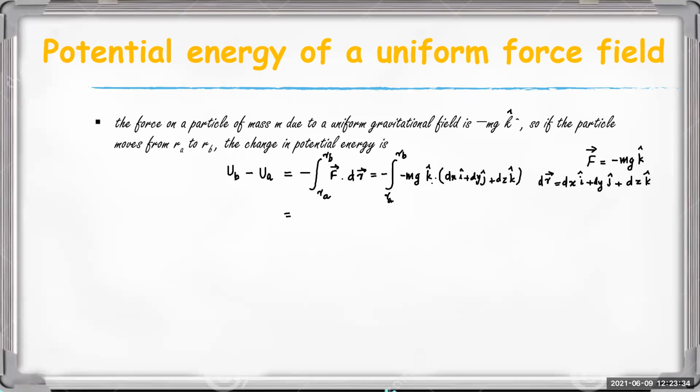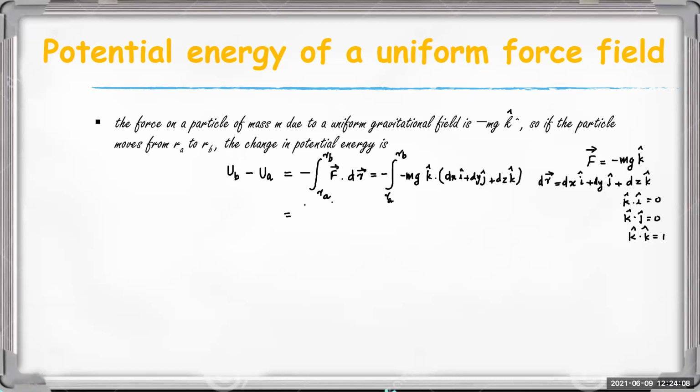Then if we find the dot products k dot i, k dot j, k dot k, we know that k dot i is equal to 0, k dot j is equal to 0, and k dot k is equal to 1. So the equation becomes